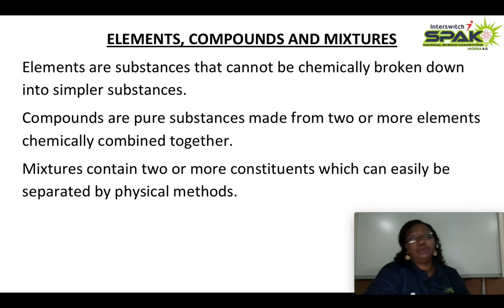Now, already you know the definition of elements, compounds, and mixtures. That's the major aspect of chemistry that you first have to learn by the time you start doing chemistry. Elements are substances that cannot be easily broken down into simpler substances. Examples of elements: we have hydrogen, carbon, sulfur. We have a lot of elements, silicon, magnesium. Then we have compounds. Compounds are pure substances made from two or more elements